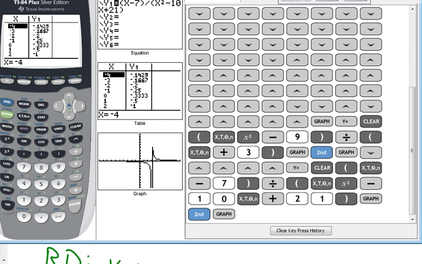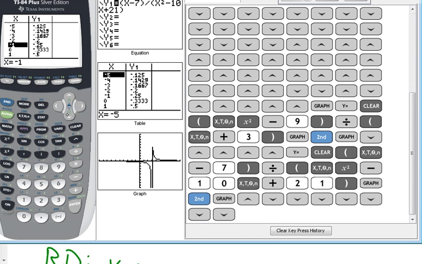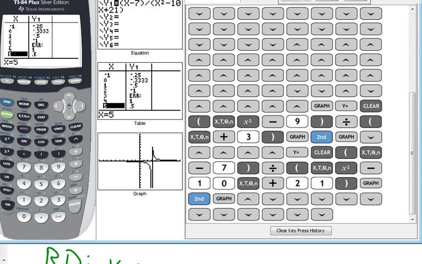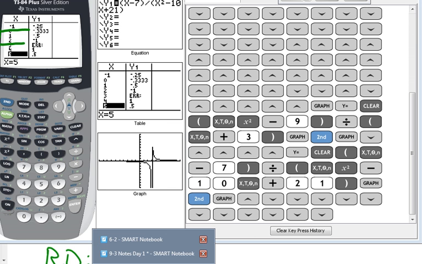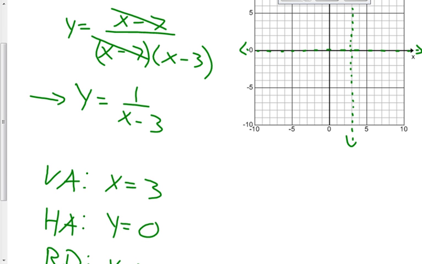Go to the table. See, your vertical asymptote is at a positive 3. There's positive 3. So these are the points that I'm going to draw on my graph. At 1, it's at a negative 0.5, and at 2, it's at a negative 1. So 1, negative 0.5, and at 2, negative 1. So at right 1, down 0.5,